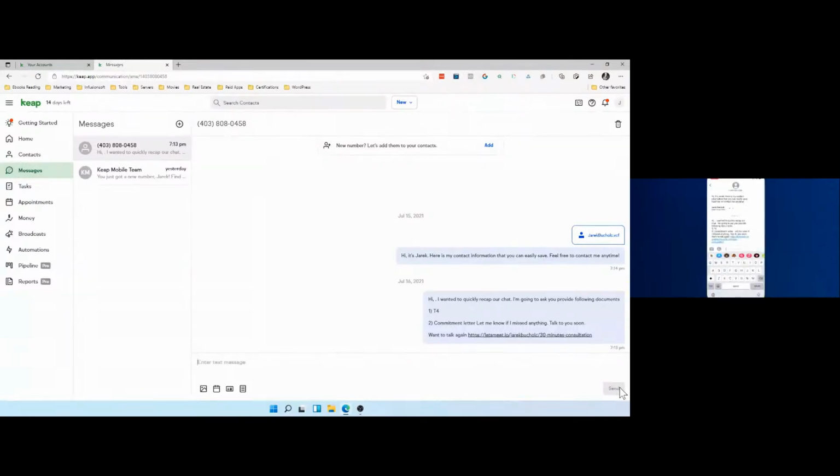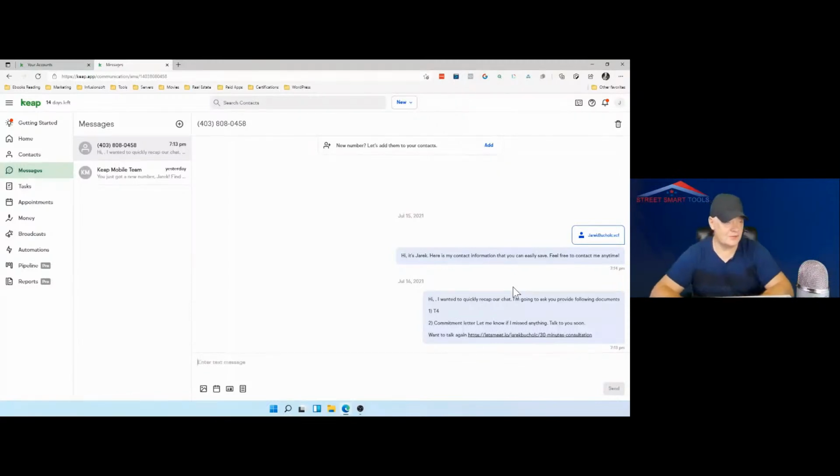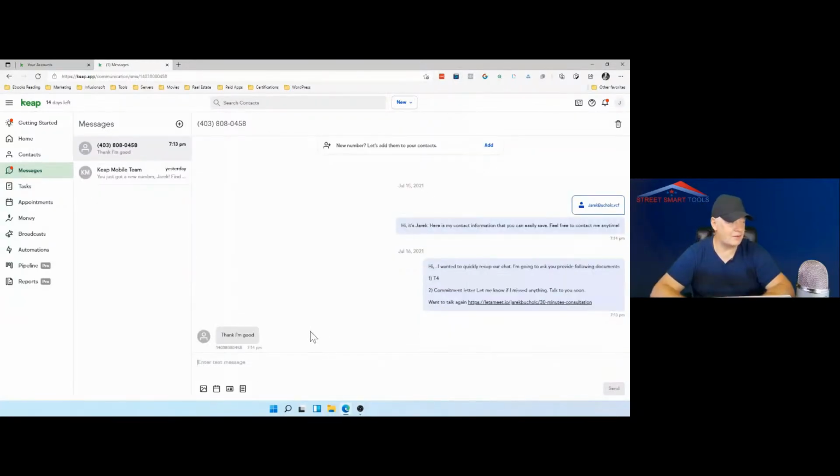As you see it, there is a conversation showing on the screen on the right side. Hi, I wanted to quickly recap. Thank you. I am good. And soon we will be getting the message back, right? So how easy to implement it. So we were talking about the automation and having easy automations, right? So you see it here, there is a message. Thank you, I'm good. And if you go into the contact information,